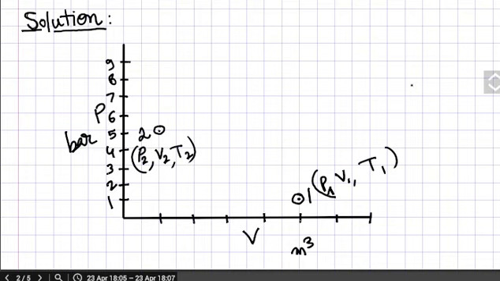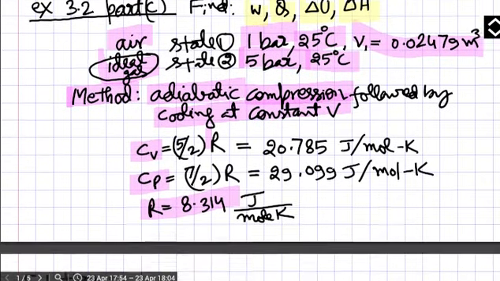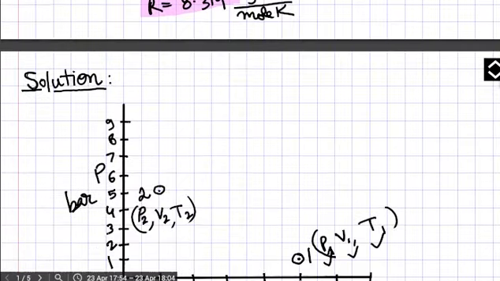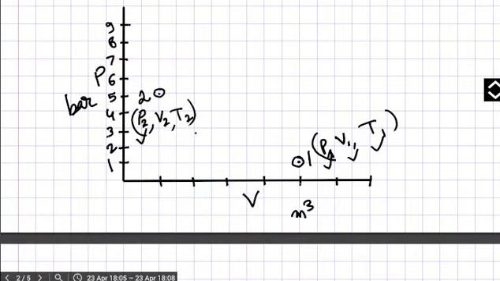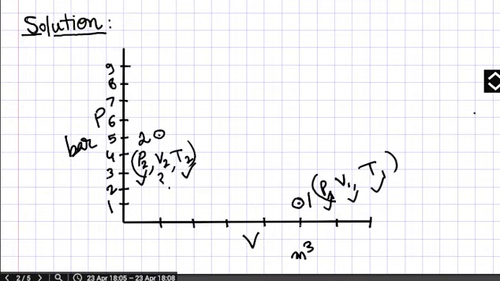Now the next step is that you should find out which parameters have values that are not known. In the question you will see that P1, V1 and T1 are given, so numerical values are given for these. Here you see that only 5 bar is given to you, and the temperature is given to you. So what is V2? The first step should be to find out the unknown parameters, so that you can start with the known values.